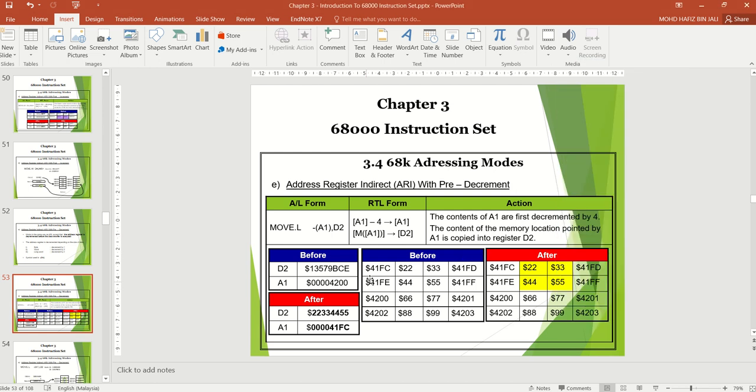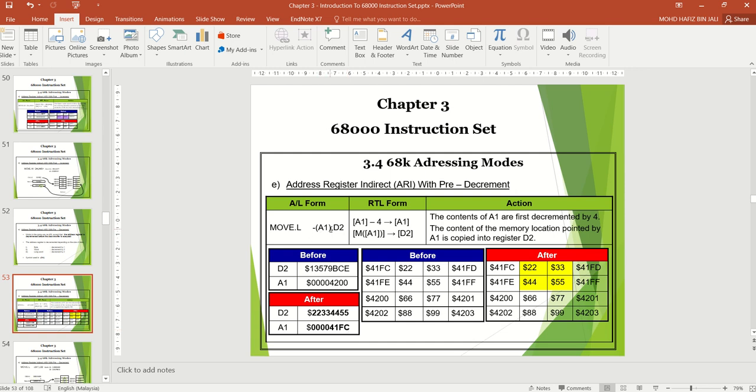So the value is from 41FC until 4200. This is the content inside the memory location. So obviously after the execution, A1, which is 4200, will change into 41FC because it has to minus 4 hexa.